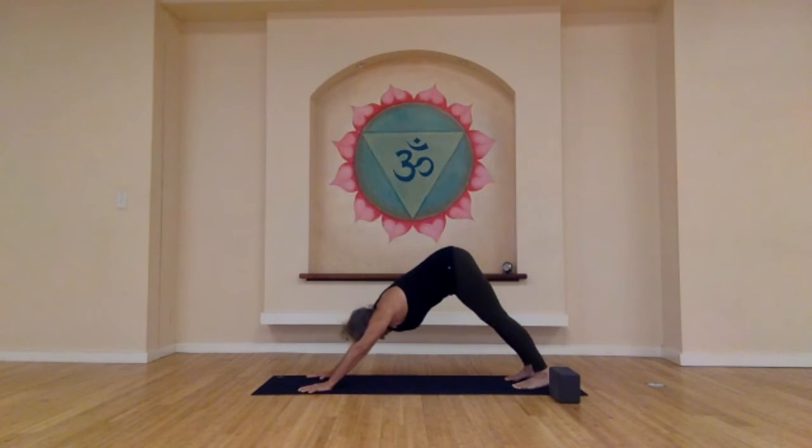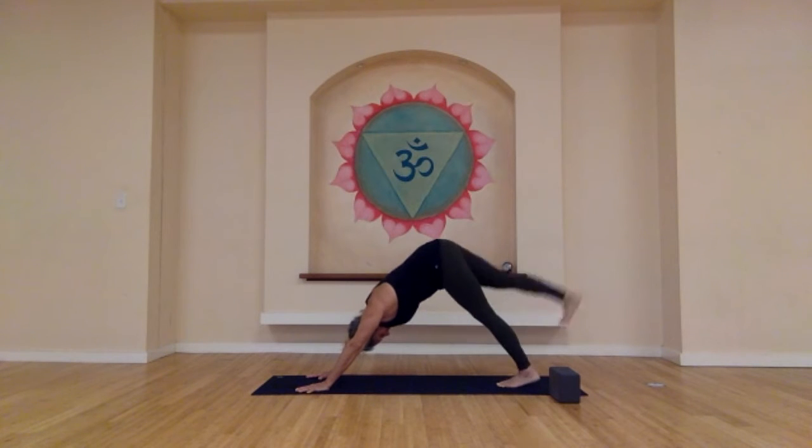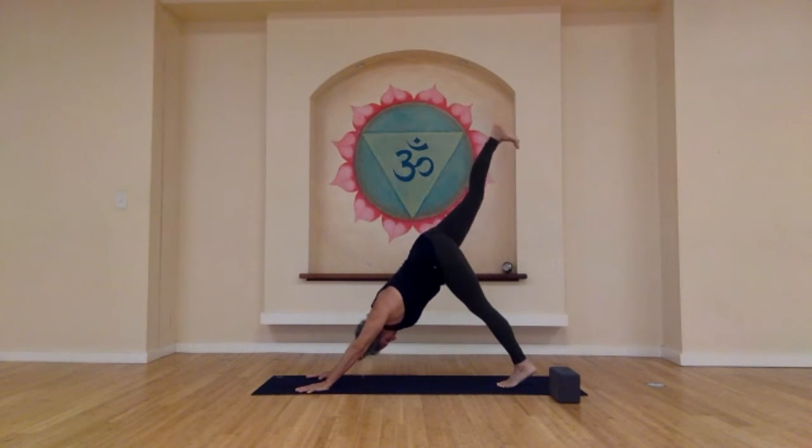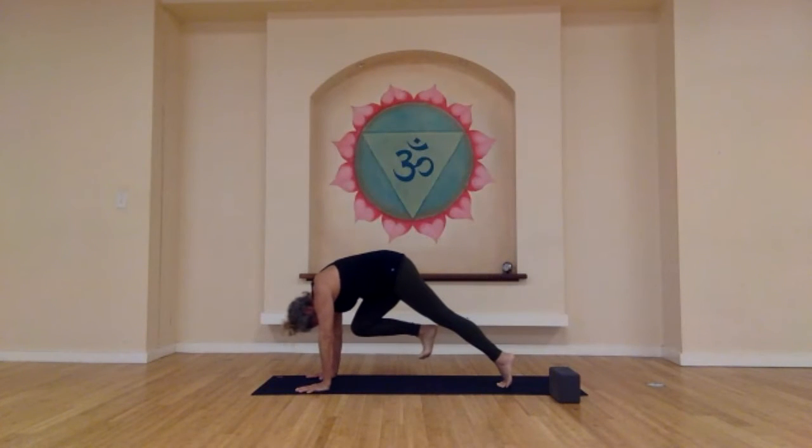And remembering your breathing is vital to feeling alive in your practice, being alive in your life. Take your right leg up towards the ceiling. Exhale, the right knee into your nose. This time, step the foot between the hands